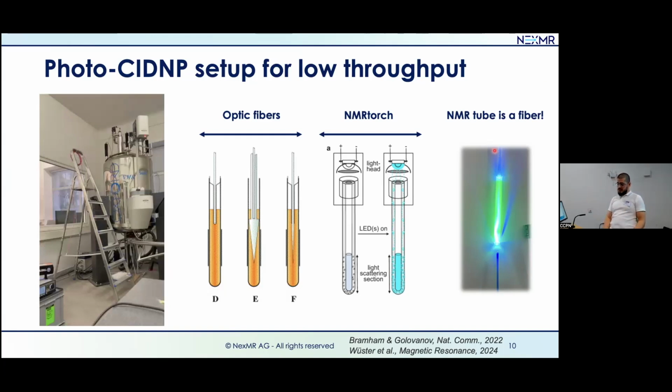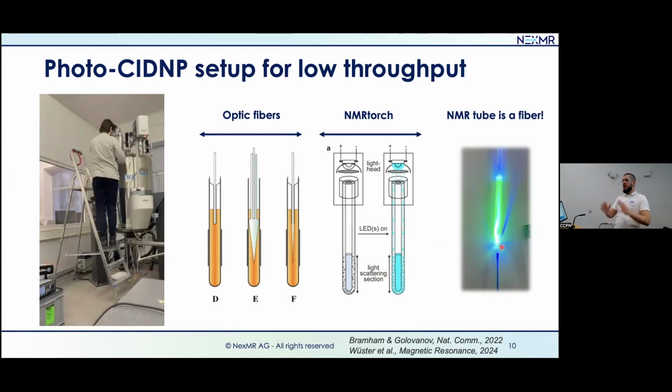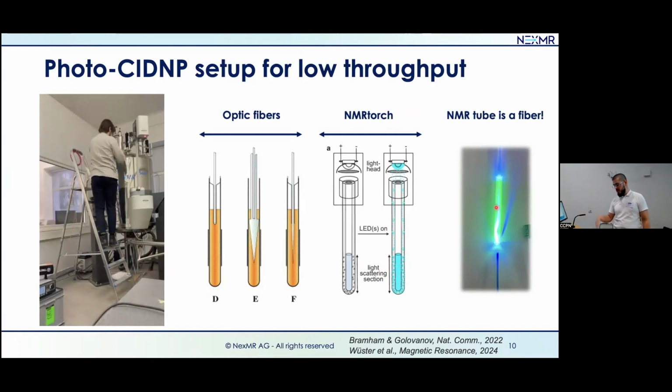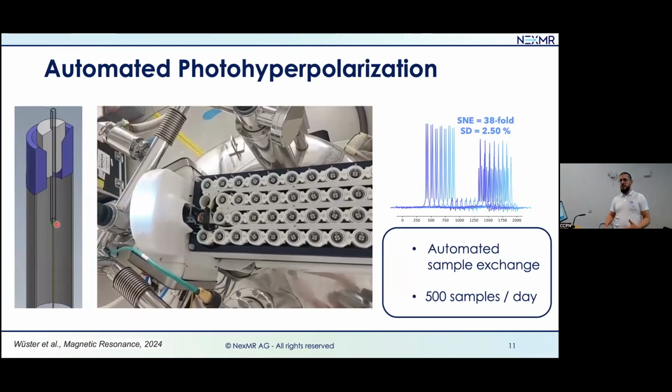Until we realized that an NMR tube is actually an optic fiber. If you bring light at the bottom of your NMR tube, you have some lens, right? It refocuses the light, and then the refractive indexes of the liquid and of the glass around the NMR tube contain the light in your sample. Of course, illumination is a bit less homogeneous, but for us, we found that it was not an issue. So we could now bring the optic fibers from the bottom of the cryoprobe because you have this air conduct,